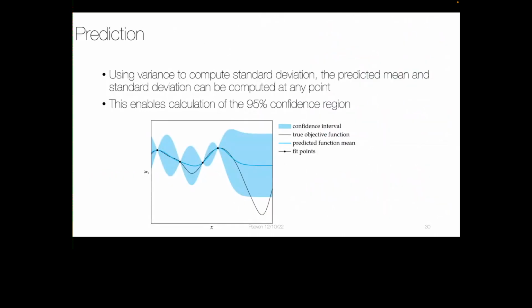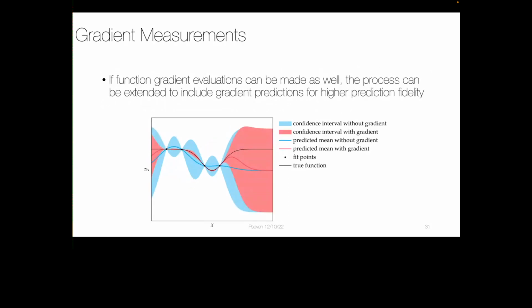So Gaussian processes are used for this, which enables the calculation of the 95% confidence region, and also you have in blue the mean, right? The fitted points are given by the black dots, and the true objective function is the black line, right? So here you can see on the left you have low variance, on the right you have high variance. If you have the information with the same point, with also the gradient at the same point, you can see that